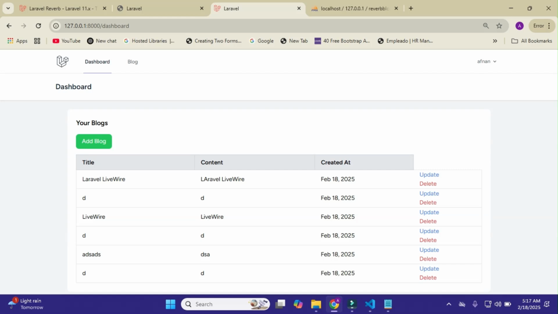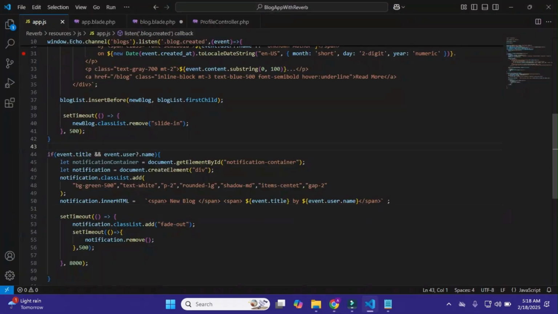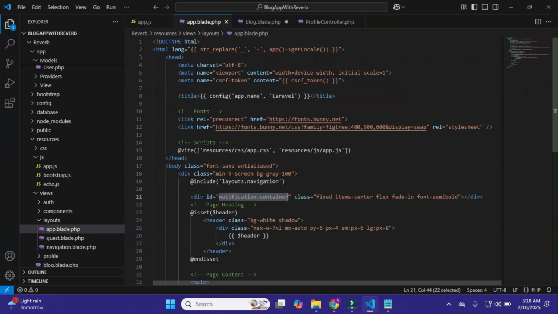so I'll just simply go to my app.blade.php.